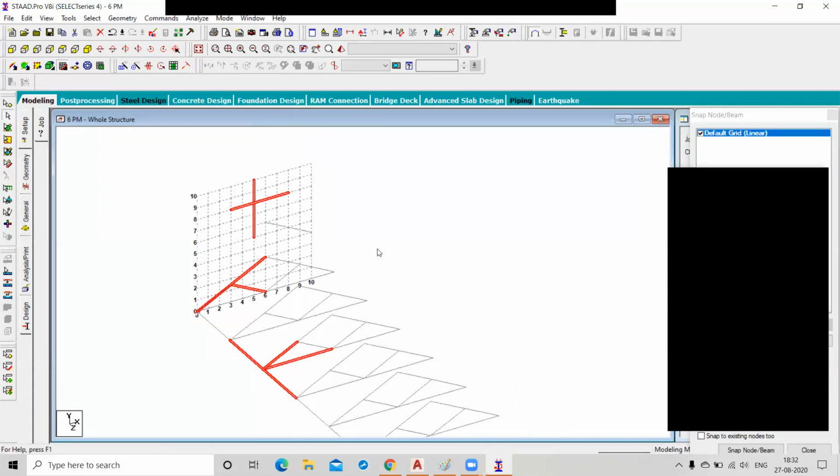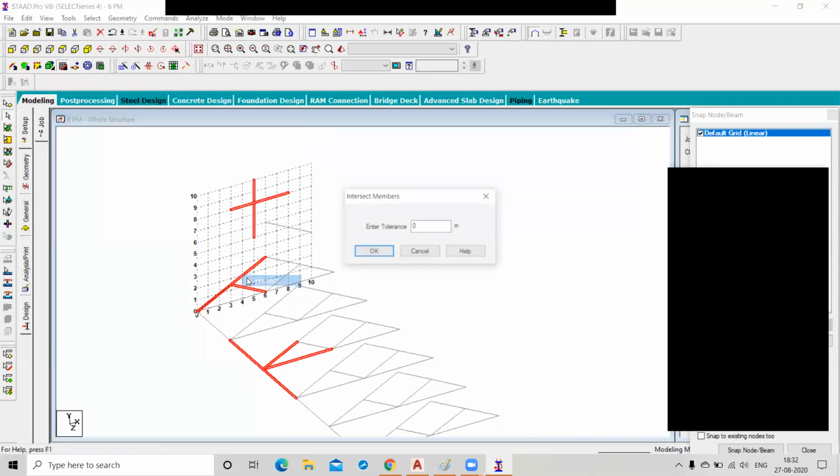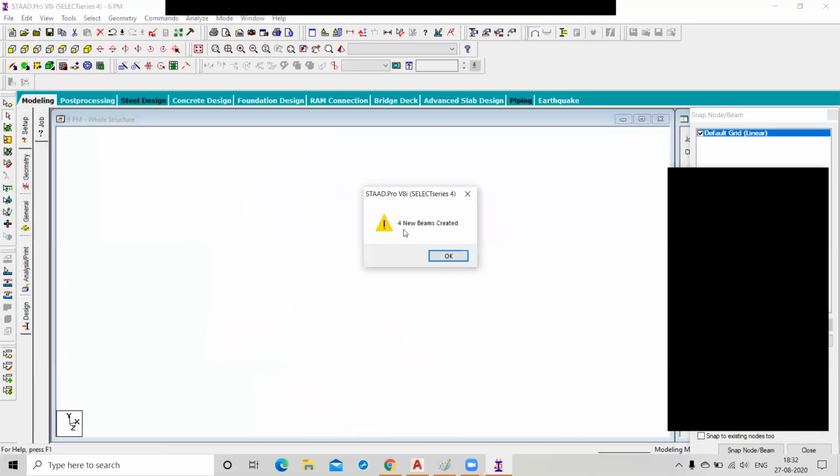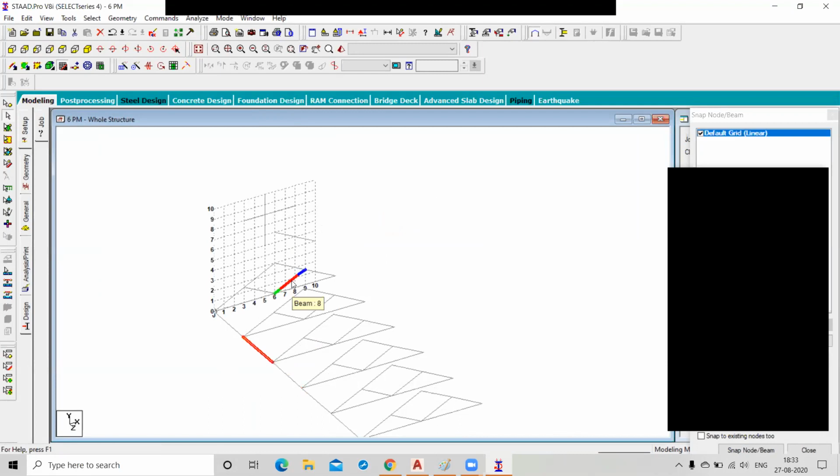Now again you go to the geometry and choose intersect, and now choose the intersect command. So these are intersected, 4 new members are created. Click on OK. Here it is divided into 4 parts. Here we created an extra node at the intersecting position, and you can remember this node is bypass.